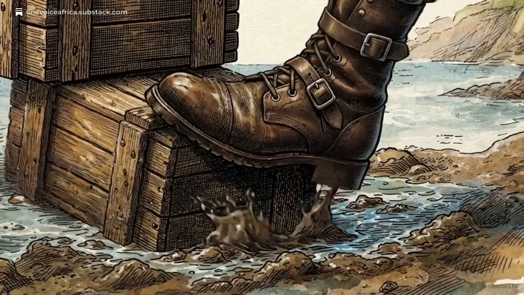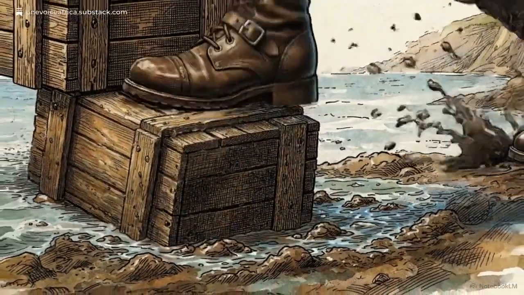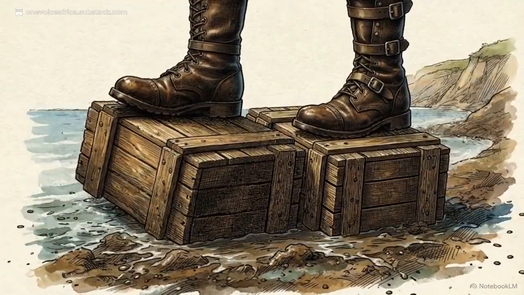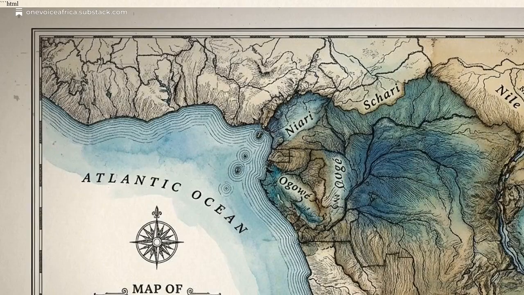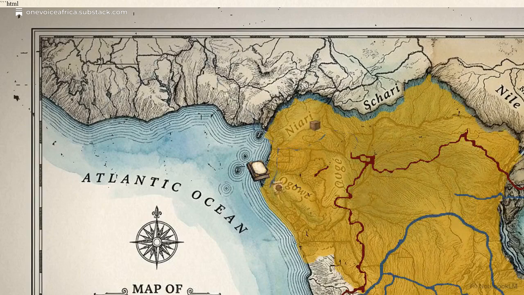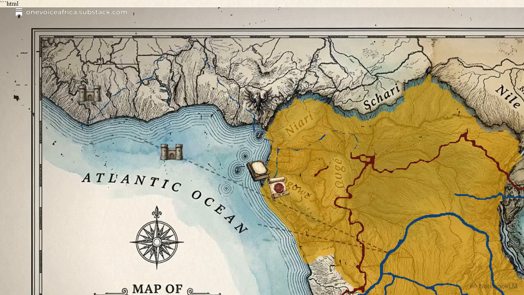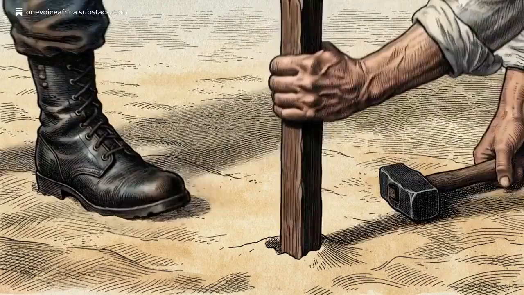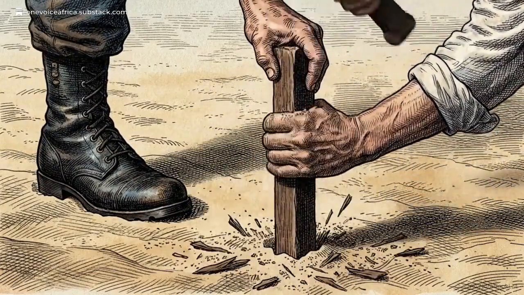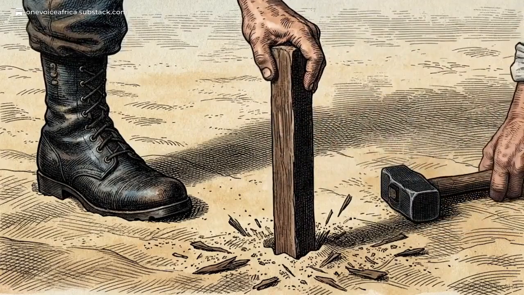By setting physical occupation as the only legal metric for ownership, the Berlin Act triggered a relentless and violent scramble for territory. The individual chapters of the General Act were designed to function as a single, efficient machine for continental administration. The inland rules of free trade and neutrality acted as a buffer, preventing friction between rival empires in the resource-rich center. Simultaneously, the coastal rules of effective occupation provided the specific legal framework used to validate decades of territorial expansion.